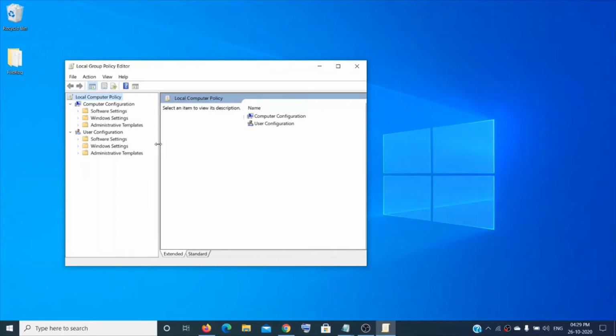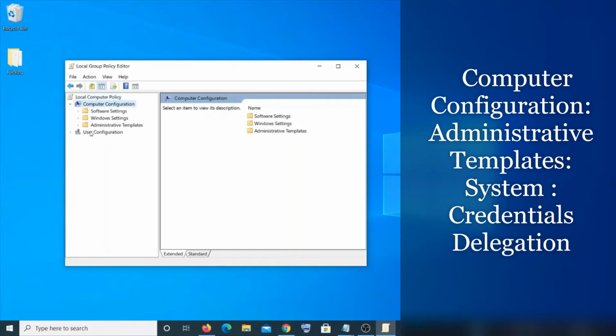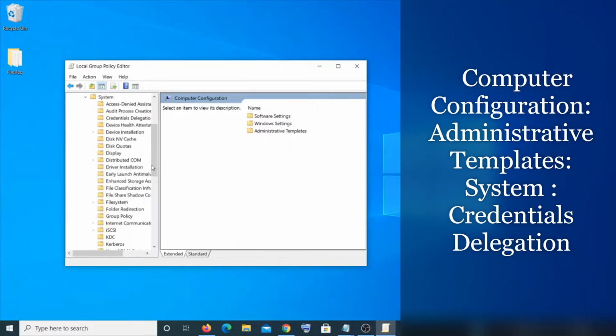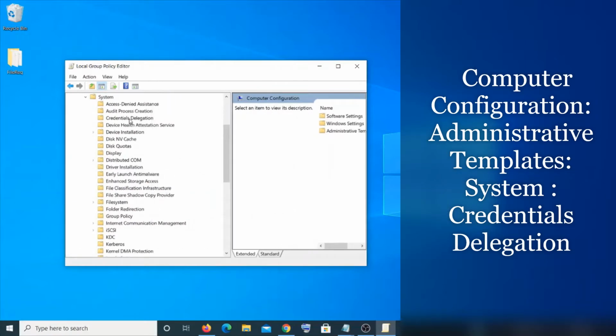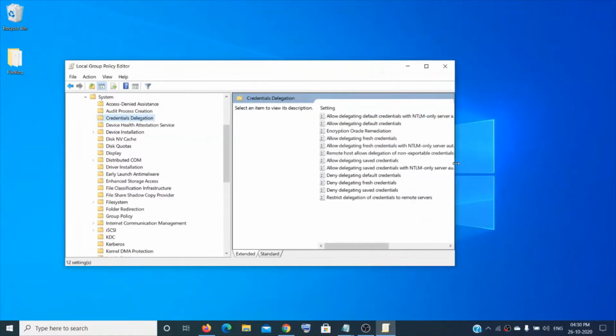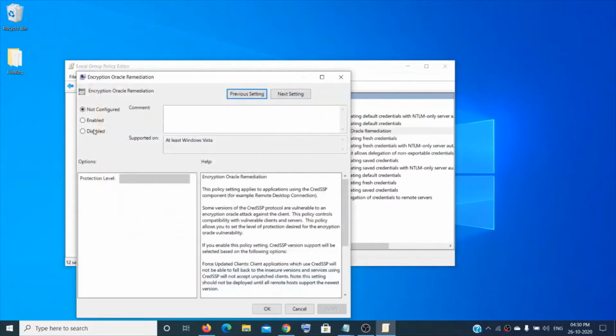So just expand, just choose the computer configuration, this one. Let me hide this one just to make it clear, and choose the administrative templates, expand it, and then expand system, this one. And now you have to choose a third one which says credential delegation. Click on it, and then you will see here on the right side the third option which says encryption oracle remediation. Just double click on it, and then now choose enabled, and then select the protection level as vulnerable, and